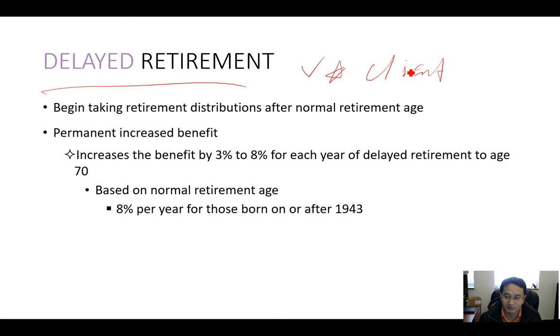Delay retirement, delay to claim Social Security, okay? Because they have money, okay? And then because you increase the benefit by 3 to 8% each year if you delay retirement age to age 70. Okay, that is good for financial advisors. Why? Because it will also eliminate or hedge some longevity risk. Again, this is an annuity. If you delay it, essentially you long an annuity. That's what you are doing here.